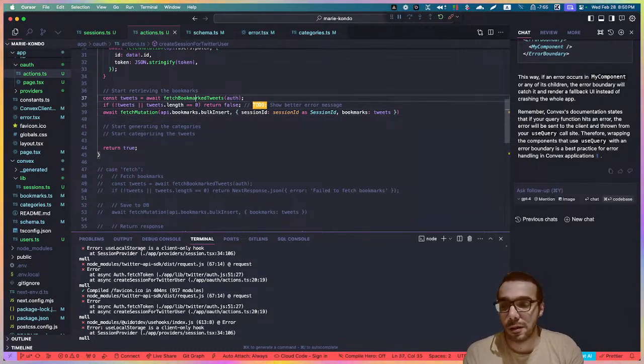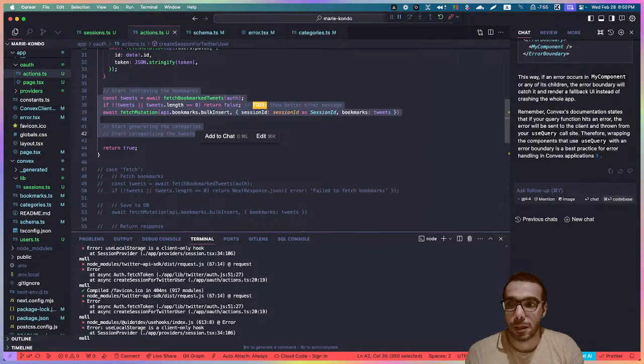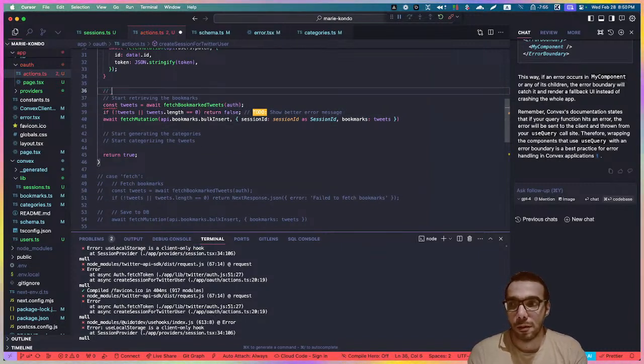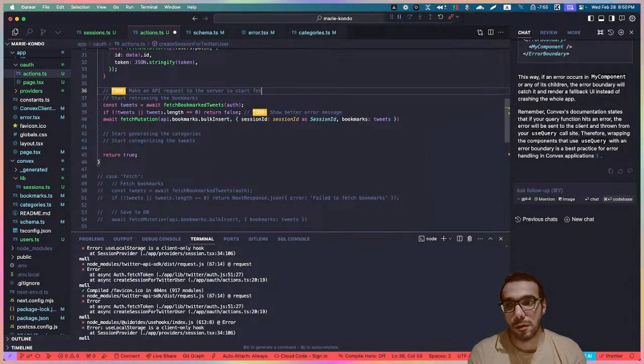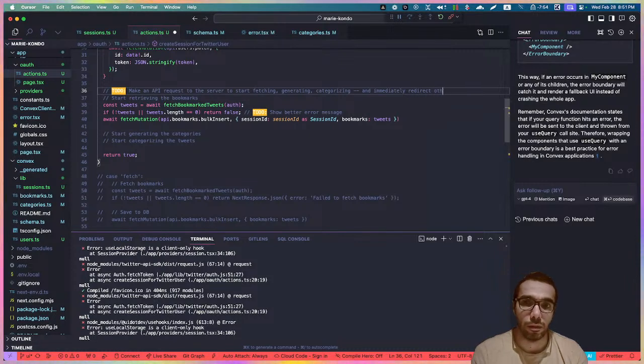So instead of doing all this stuff, we would just make an API request to the server to start fetching, generating, categorizing, and immediately redirect to the